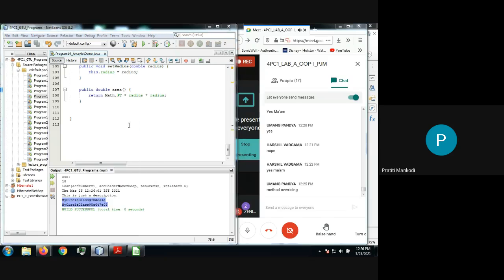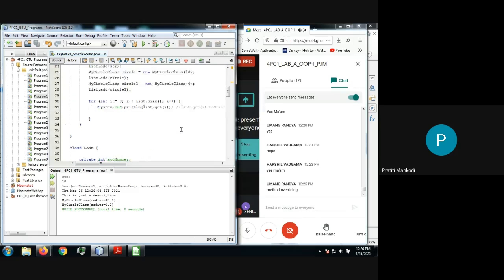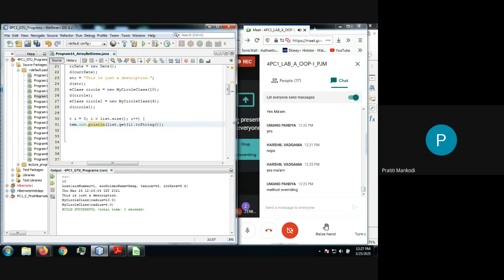Now again for this also we'll be inserting the code. Again we'll be inserting this, and that's it. Our thing is ready. Fine. So let's run it again. Got the values? If you write dot toString here or not, it is going to do the same thing. If you write toString or if you don't, it is going to call the toString method.